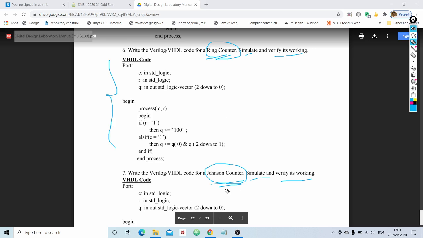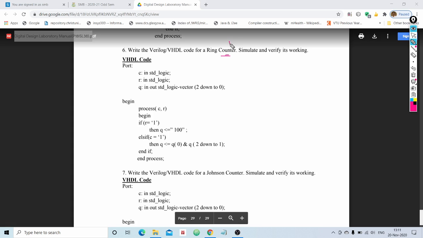Then we shall discuss the Johnson counter at a high level. Then we shall see how to write the VHDL code for the Johnson counter. Finally, we shall end the session by practically implementing the ring counter and then the Johnson counter using the design suite called Xilinx. Clear? I already mentioned in the previous class videos that whenever you come across a counter,